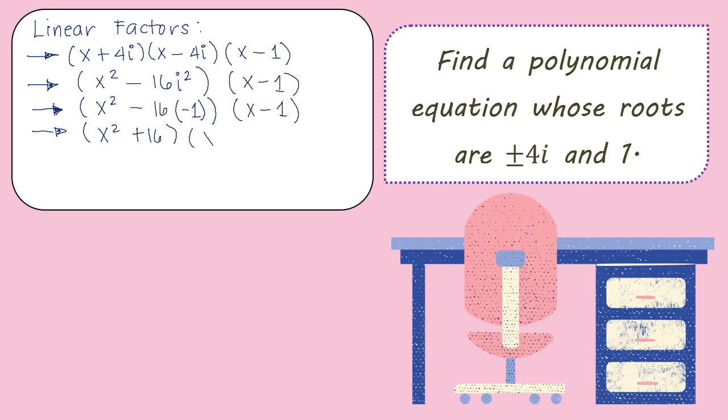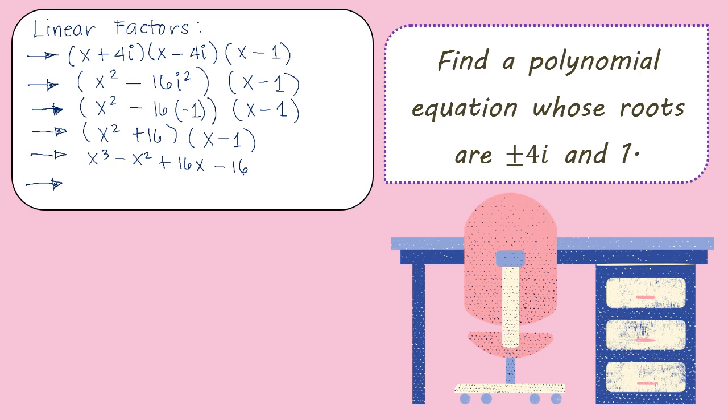Then copy the next linear factor. And we can now multiply these two. We do have x squared times x, we will have x cubed. X squared times negative 1, negative x squared. Positive 16 times x, positive 16x, positive 16 times negative 1, negative 16. As you can see, this is already arranged in decreasing order, but this is not yet the final answer because